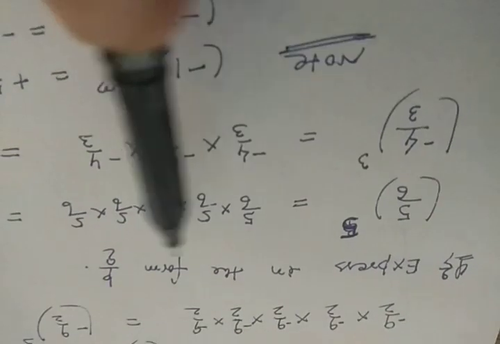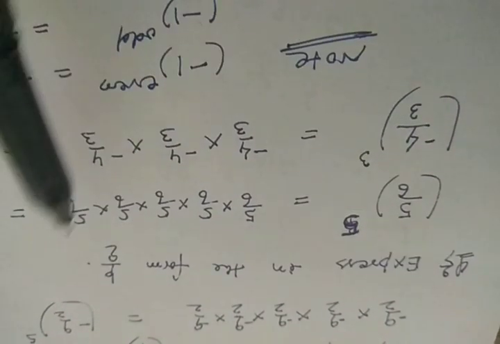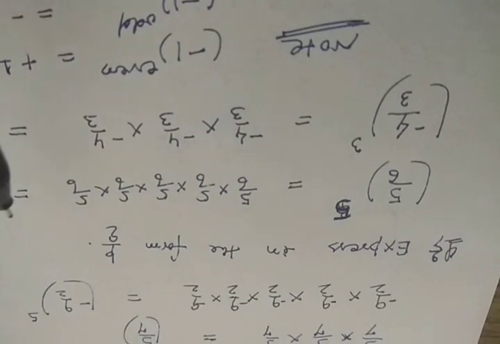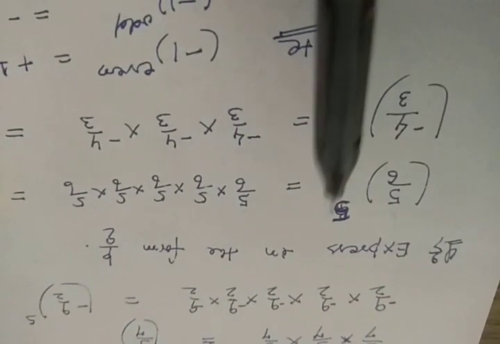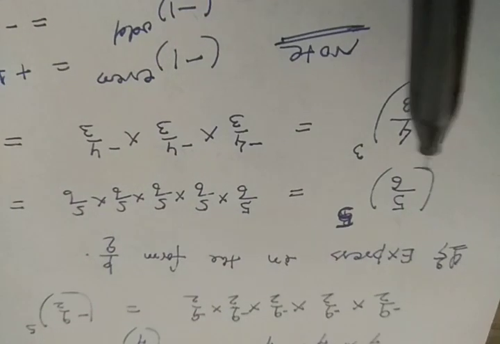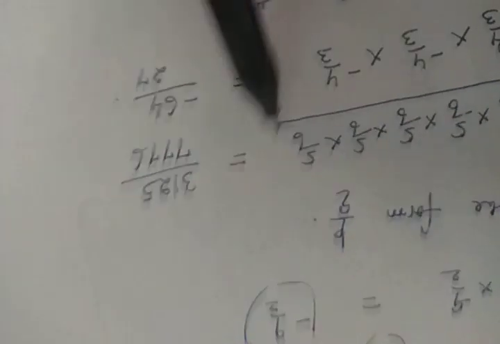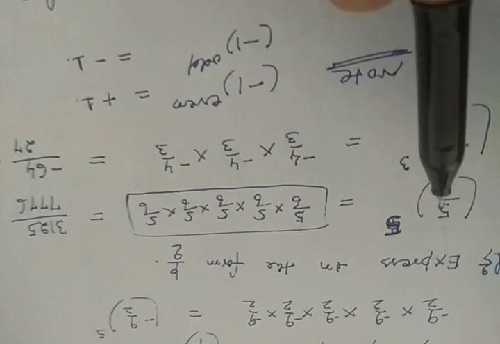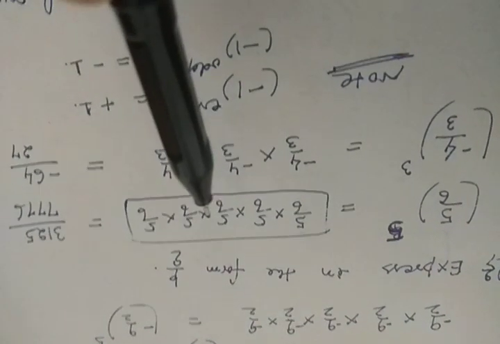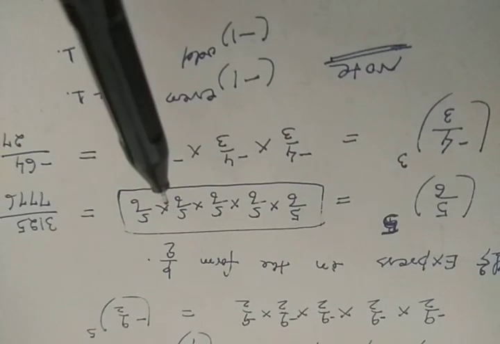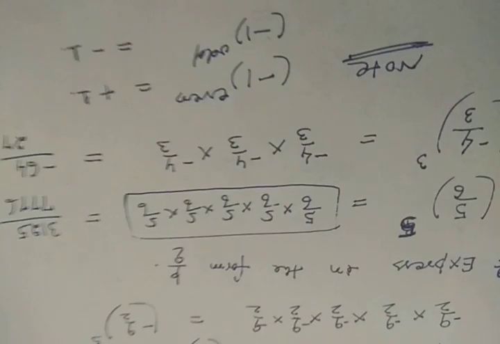The question says, at present I have told you, express in the form of p by q, I mean rational form. You have to express in p by q form. So what is the data? This is your exponential form. This is known as exponential form. And what is this? See, whatever I have written here, just see inside the box. This is called exponential form. This is known as expanded form. This is your expanded form. And this is your rational form.